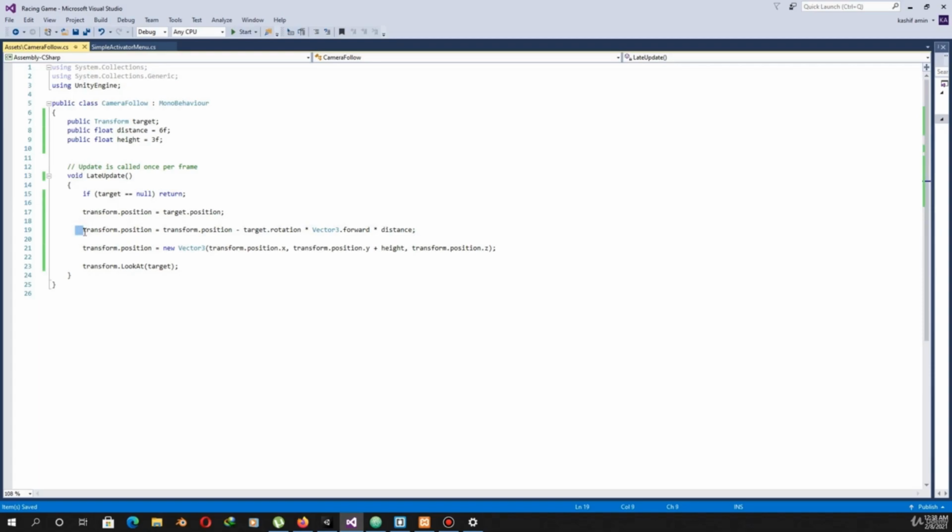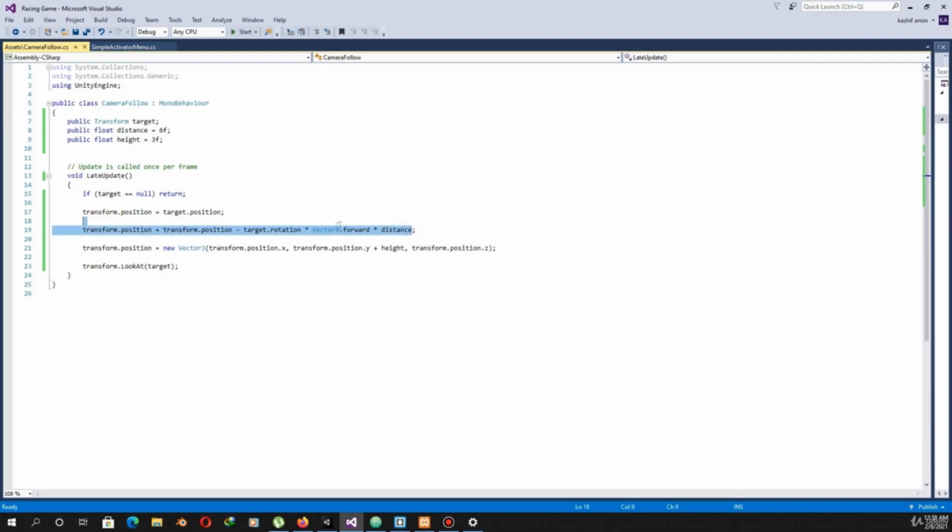So I will explain again what I am doing. transform.position is equal to transform.position. This is the position of the camera, and we are changing the position of the camera by negating the rotation of the car. This is the rotation of the car, and we multiply it with Vector3.forward times distance.